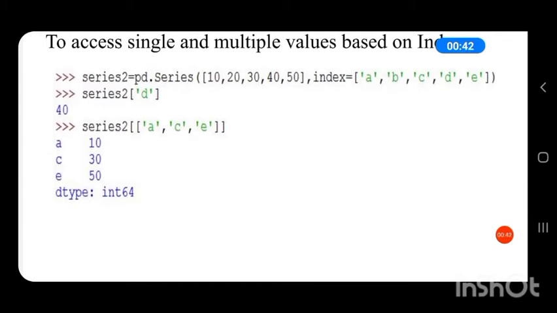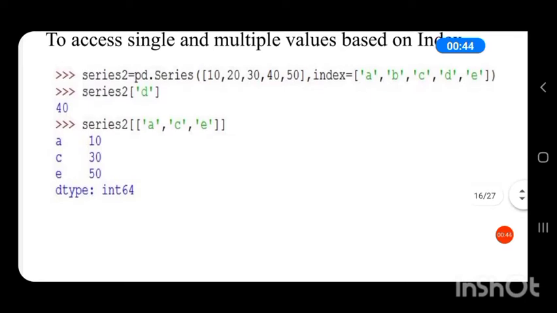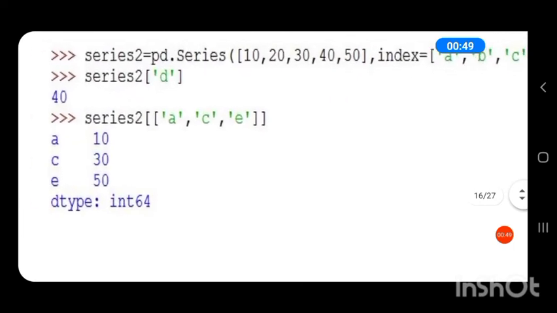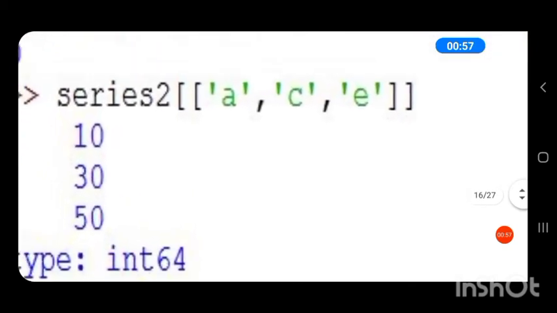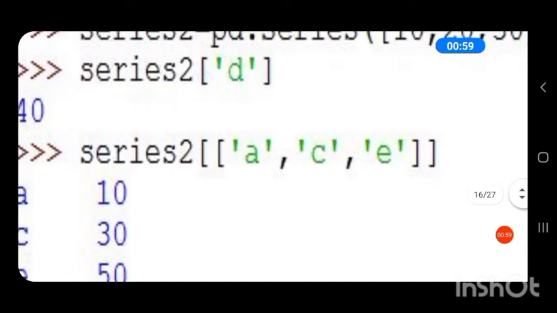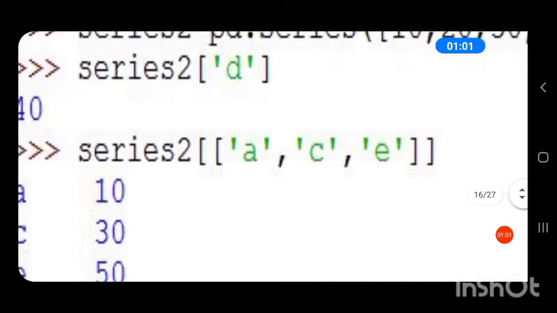So to retrieve a value corresponding to the index, we have to write the variable name, the series name, and inside the square brackets the index. So here we have written series, then in square brackets the index.